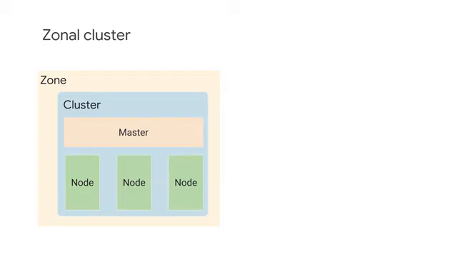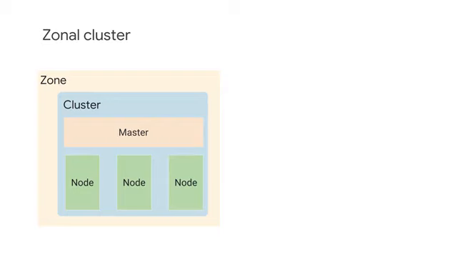Here's a word of caution. Some of each node's CPU and memory are needed to run the GKE and Kubernetes components that let it work as part of your cluster. So, for example, if you allocate nodes with 15 gigabytes of memory, not quite all of that 15 gigabytes will be available for use by pods. This module has a documentation link that explains how much CPU and memory are reserved.